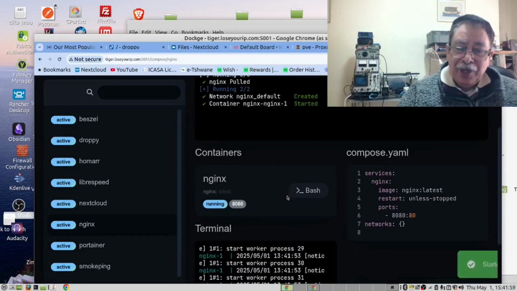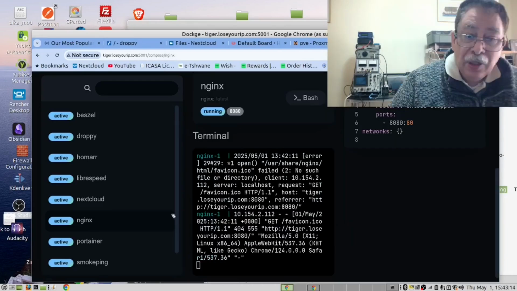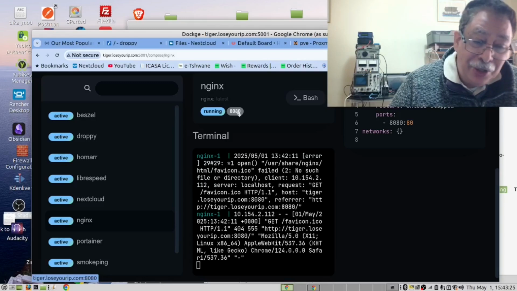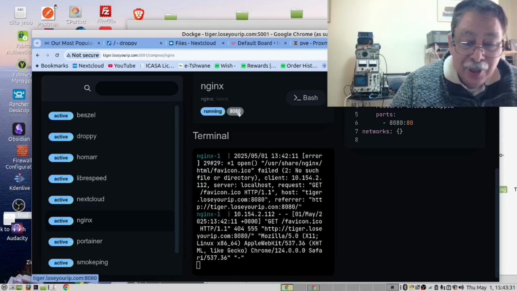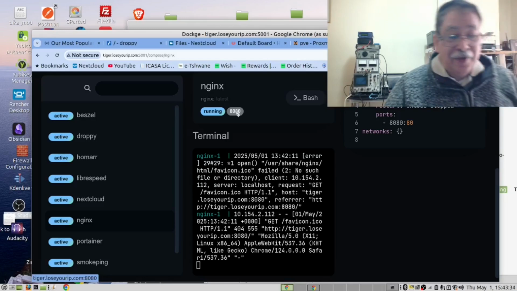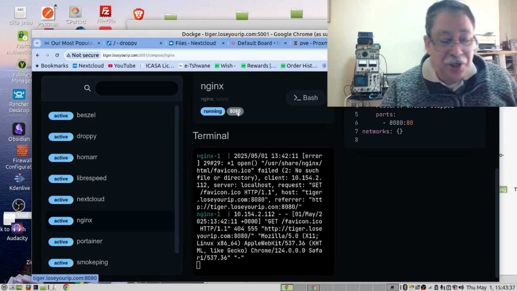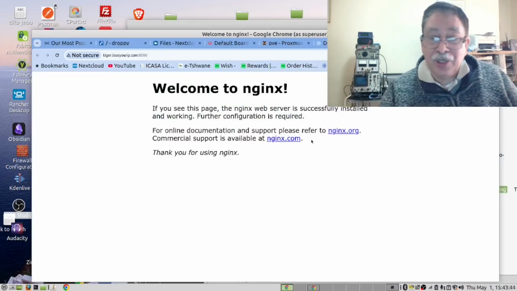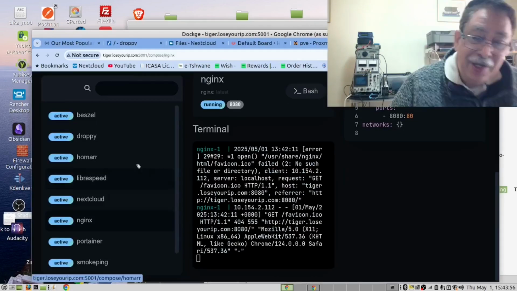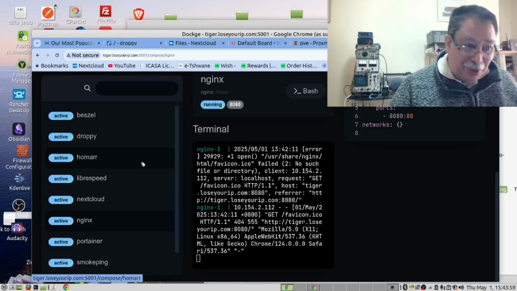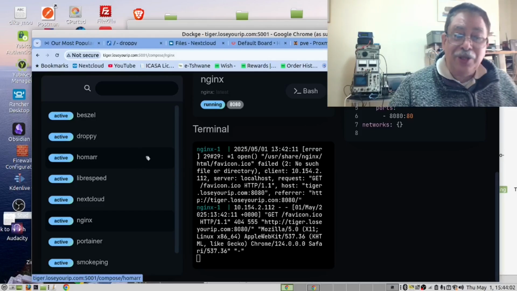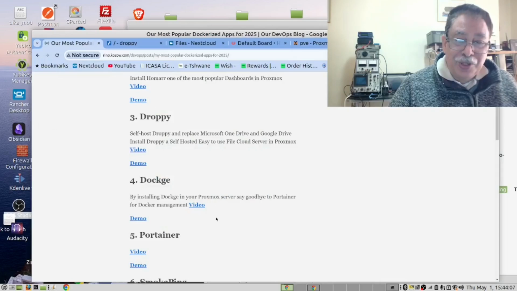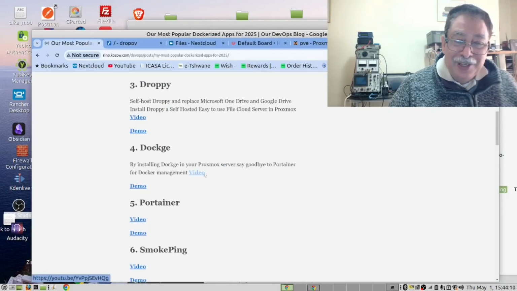And then when the application is started, you will see here it will say running and it will give you a link. If you look down over here, when I bring my mouse over this, you get the URL of your Docker server as well as the port. I have an issue when using Portainer as it just gives me 4 zeros. So with this I can click here and open the application. And there we are, we have Nginx working. This is one of our most valuable tools that we use in this channel all the time. And to make it easy for you to install, we've provided you with a link to the video here.